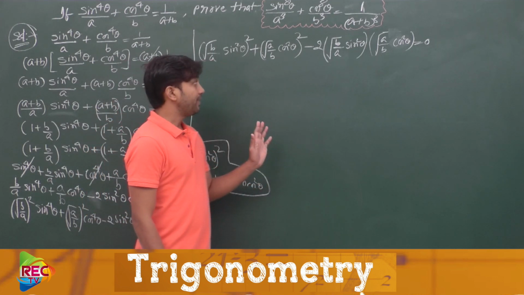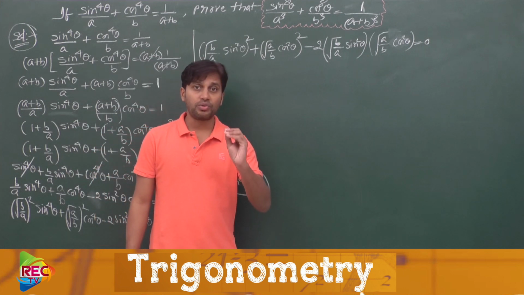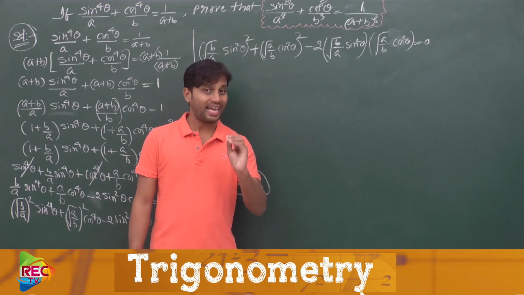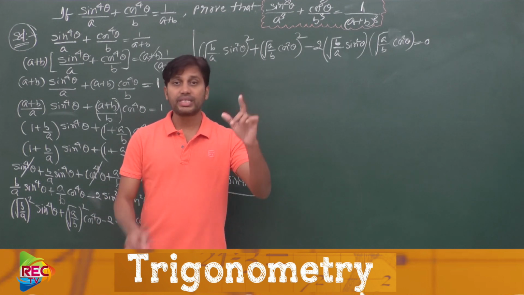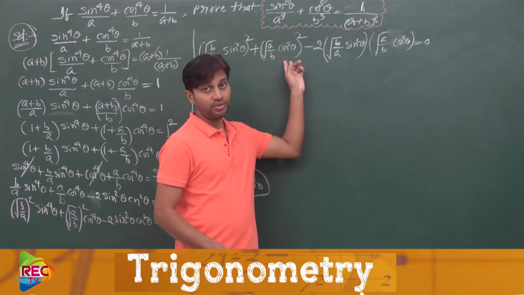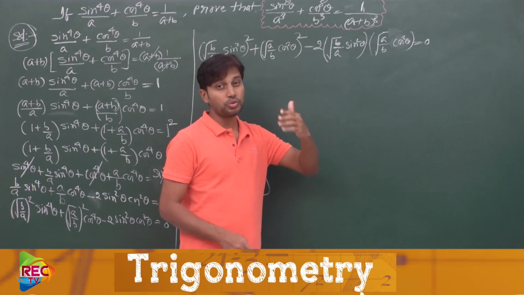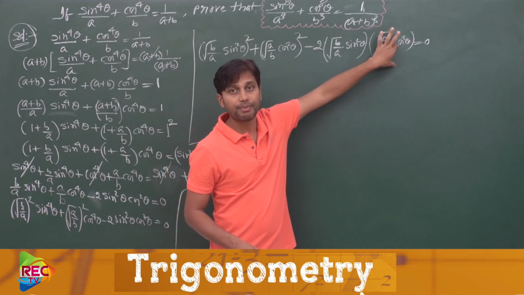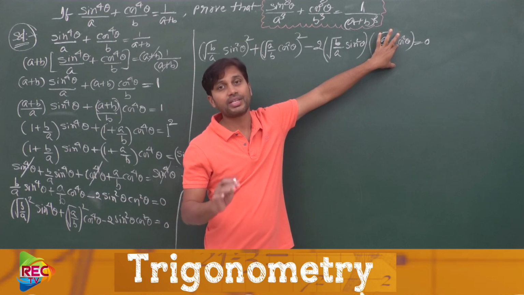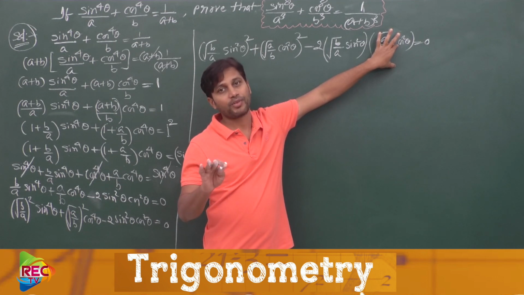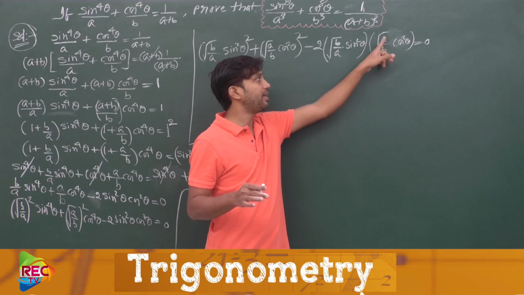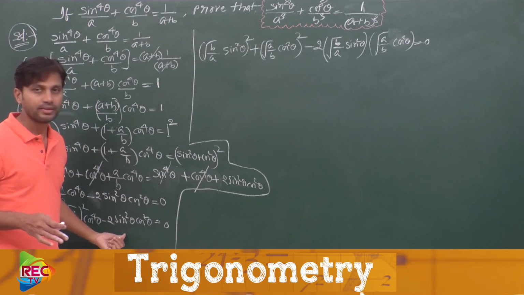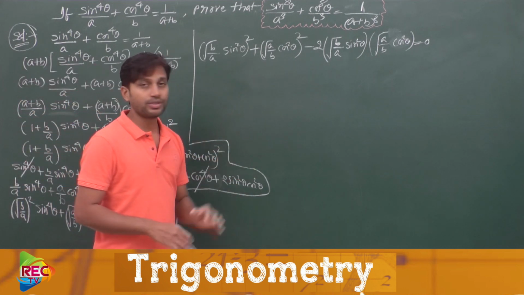Got it? So what we did here, simply we wrote root b by a into root b by a whole square into sine power 4 theta as root b by a sine square theta whole square. Similarly, we wrote the second term also, and for our convenience here we adjusted 2 sine square theta cos square theta as we multiply with root b by a and root a by b both in the same term, so that the value remains the same. Okay, here also if you cancel this root a by b and root b by a, it will remain 2 sine square theta cos square theta as it is given. Okay, so here we can take this step.